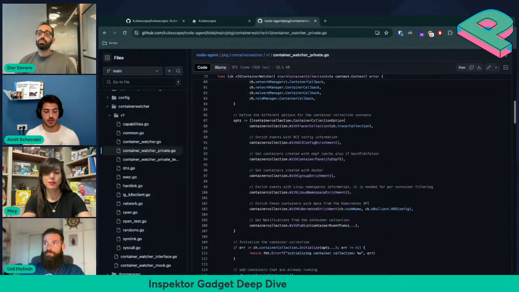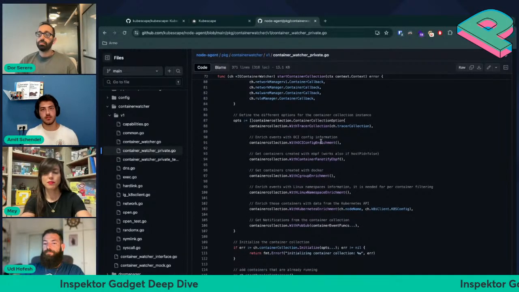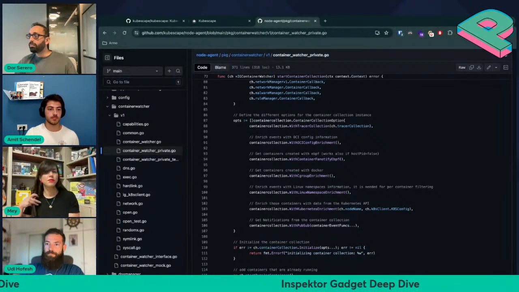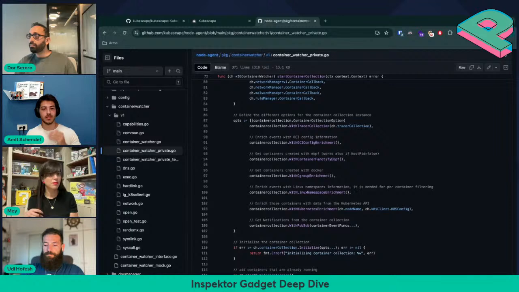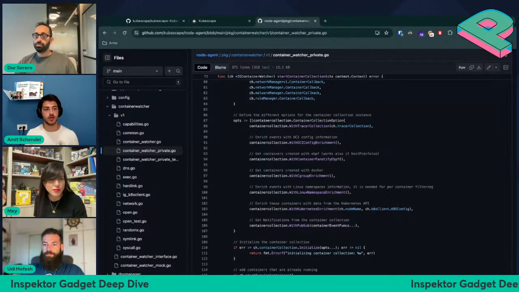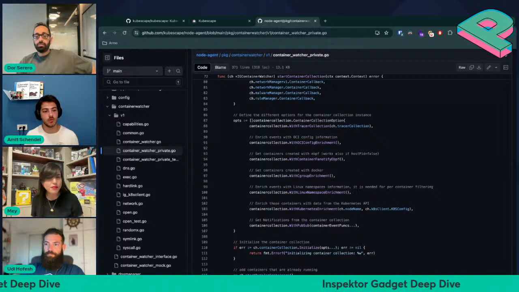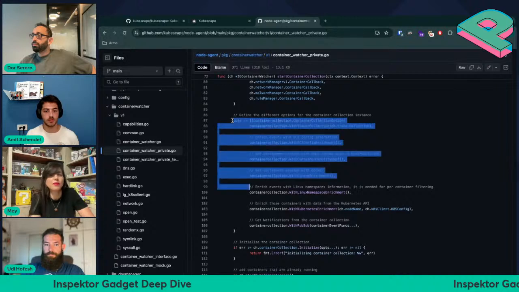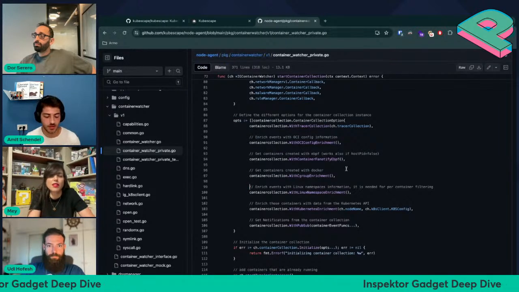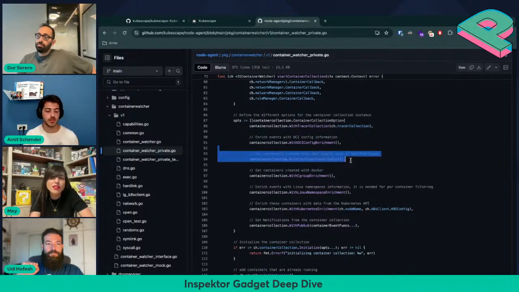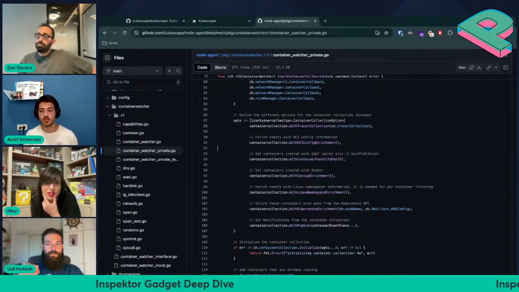And as Dor explained, the magic that Inspektor Gadget gives us is that it allows us to enrich eBPF events with container and Kubernetes context. So, for example, we have this container collection piece of code, and here you can specify which enrichments you want. For example, we want to know when a new container is being started, and as Dor said,